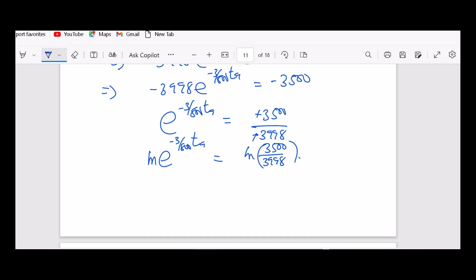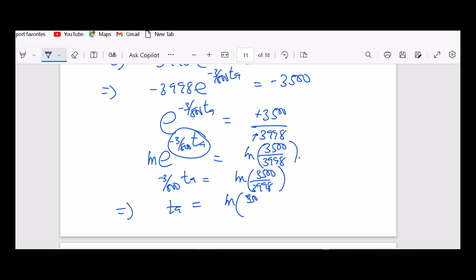And so this here will come down, and negative 3 over 800 t of A equals ln of 3500 over 3998. And so solving for t of A will be equal to ln of 3500 over 3998 divided by negative